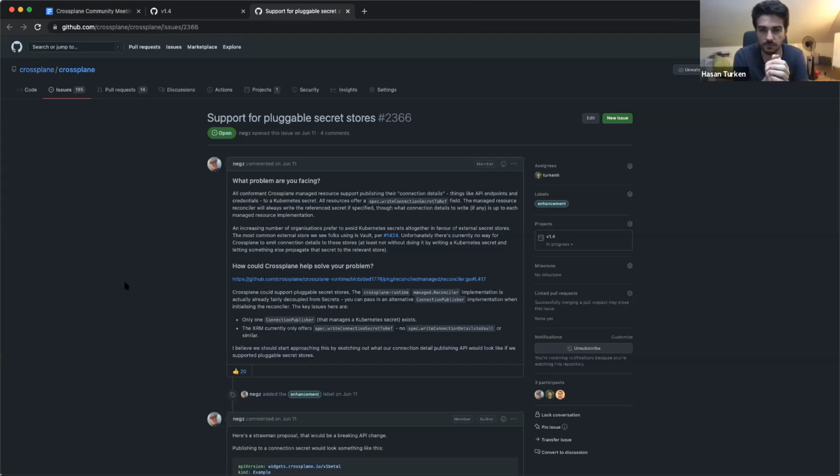For people who are not familiar with the issue, this plans to support different secret stores or secret backends, other than Kubernetes secrets, to write connection details, so that hopefully we can, let's say, store our connection details in a Vault instance, for example.